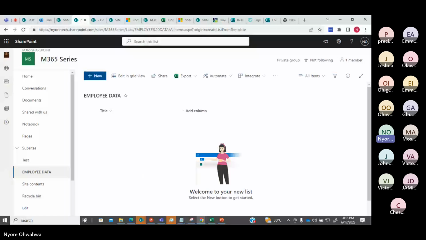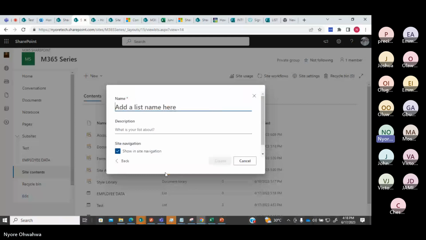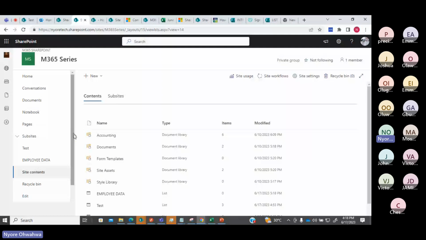So this is employee data, and we can see it in the quick launch because we allowed it to show there. Basically, as we were creating the list, if you don't want it to show in the quick launch, you have to uncheck this before you create the list. But if you want it to show in quick launch, you can check it. Some people prefer to leave it out of the quick launch, so they just have a few items here, and you don't have too many things here. So it depends on what you want to do.